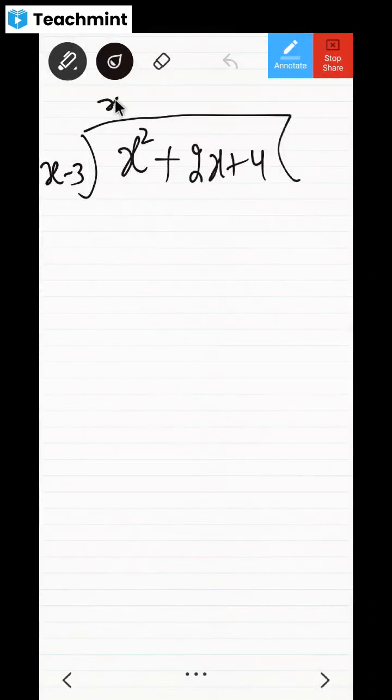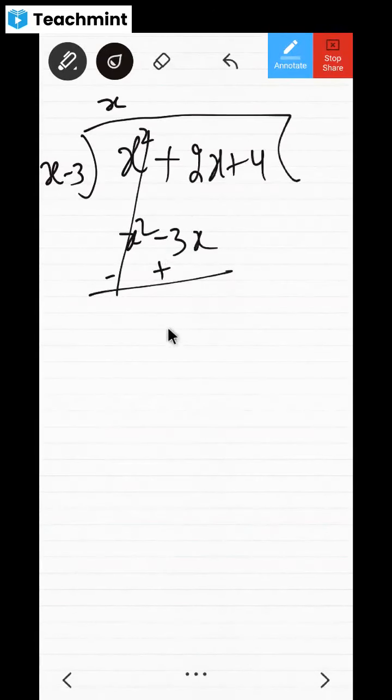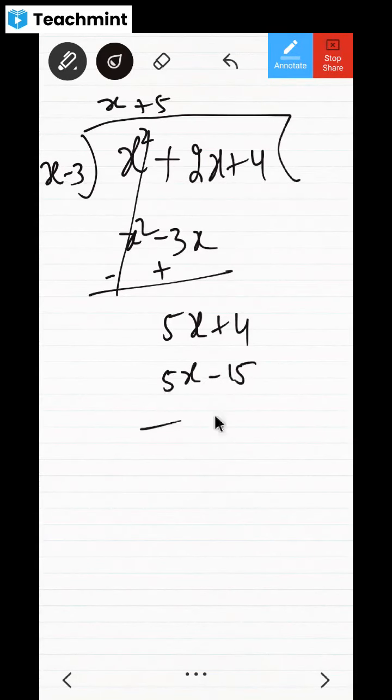Okay, 19. So that is like x. So x square. Then minus 3 into x is minus 3x. Then it becomes minus and it becomes plus. Here it is cancelled. 2x plus 3x is 5x. And then 5x plus 4. Then x into 5x is there, plus 5, that is 5x and minus 15. And here it becomes minus and here it becomes plus. So they get cancelled, 19. So look at this. It is verified or not?